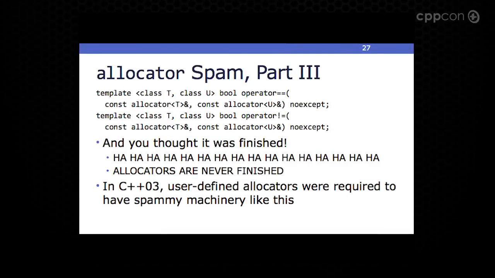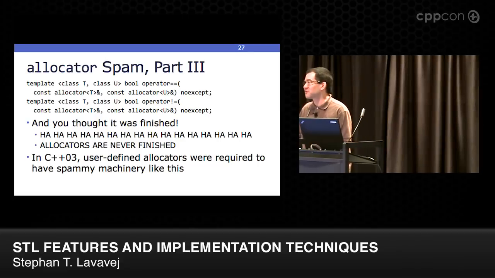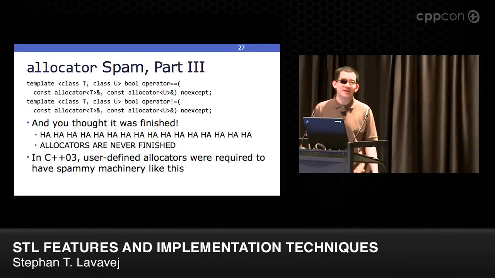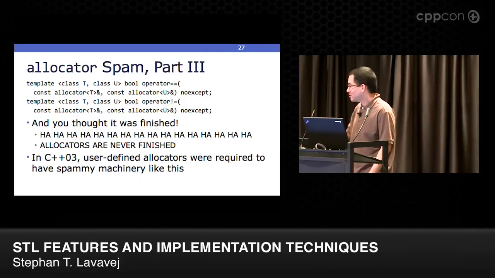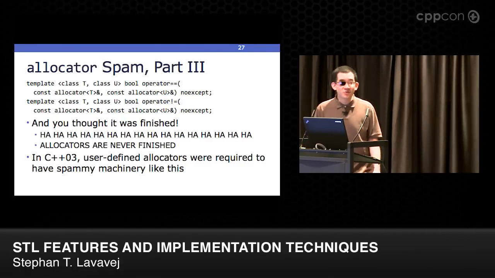Oh, and we're not done. We also need equal and not equal. It's just pages and pages of spam. These have really given STL allocators a bad reputation, and a deserved bad reputation. They're spammy to provide. You've got to provide a whole bunch of extra stuff that we don't care about. So if you have any of your code base dating back before 11, they look like this. The good news is